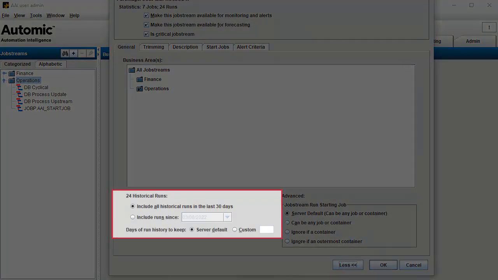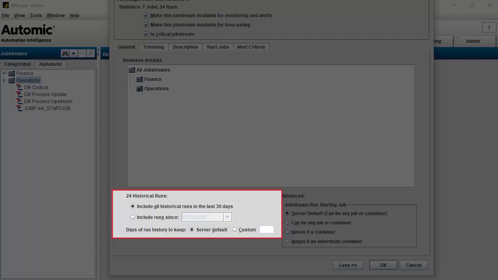The newly created job stream sources the execution history of the process and builds itself from those records. In certain cases, you might have hundreds of executions of the job over the past 30 days. You may want to limit the intake volume, primarily to limit the amount of data retained in the AI database. So instead, you can point to a more recent date and place a limitation on the number of runs you